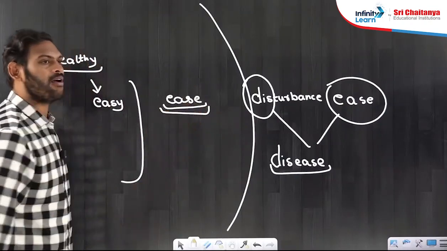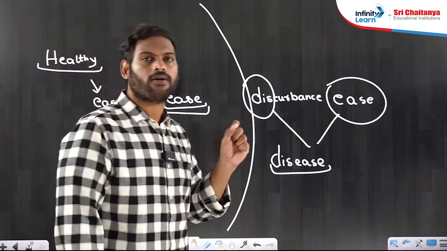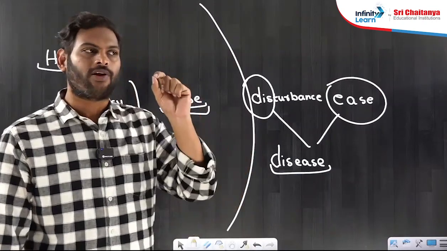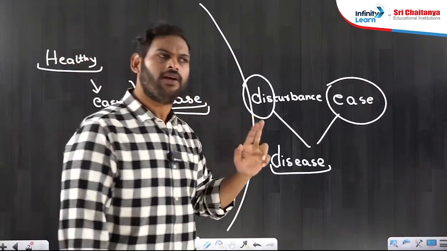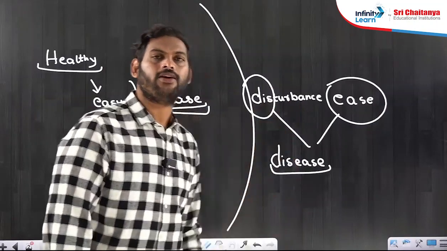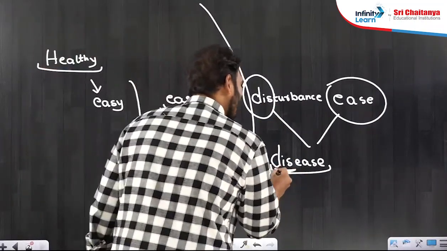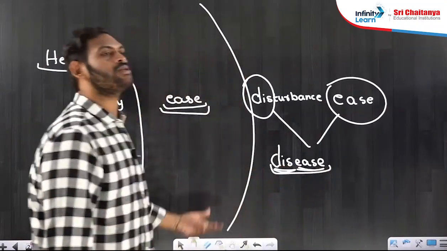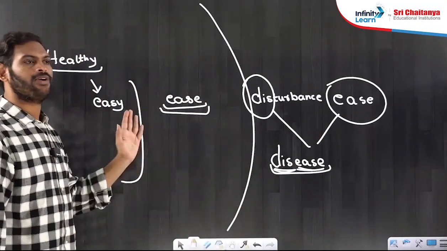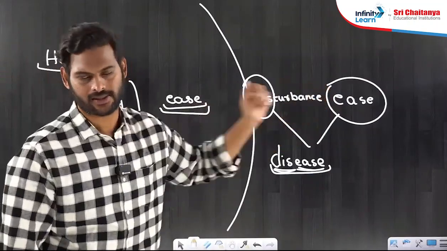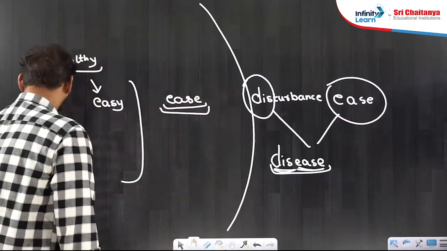Ease. But even if one system got disturbed, you will lose that ease temporarily or permanently. So losing ease was referred as dis-ease. Dis means opposite. Opposite of ease was dis-ease. Okay. Now the thing was that